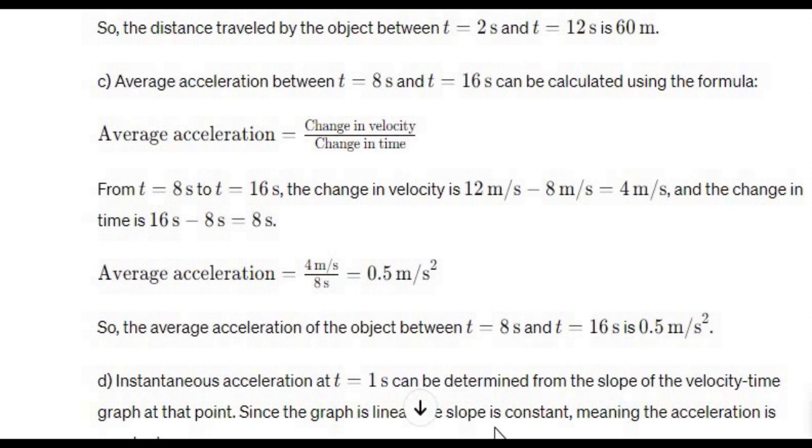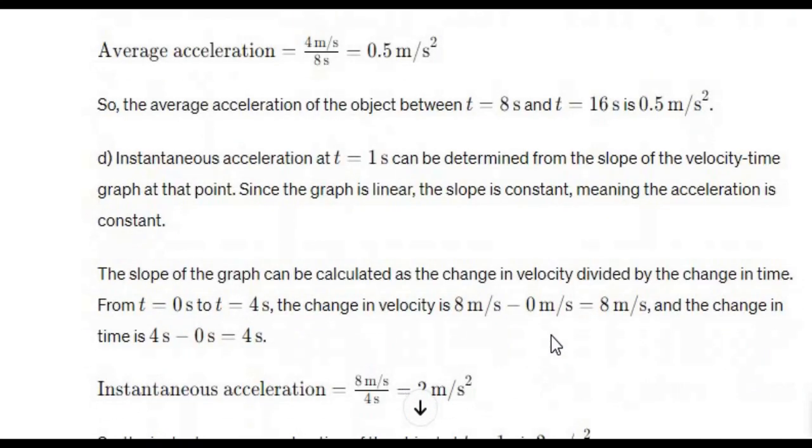From t equals 8 seconds to t equals 16 seconds, the change in velocity is 12 meters per second minus 8 meters per second, equals 4 meters per second, and the change in time is 16 minus 8 seconds equals 8 seconds. Average acceleration equals 4 meters per second over 8 seconds equals 0.5 meters per second squared. So the average acceleration between t equals 8 seconds and t equals 16 seconds is 0.5 meters per second